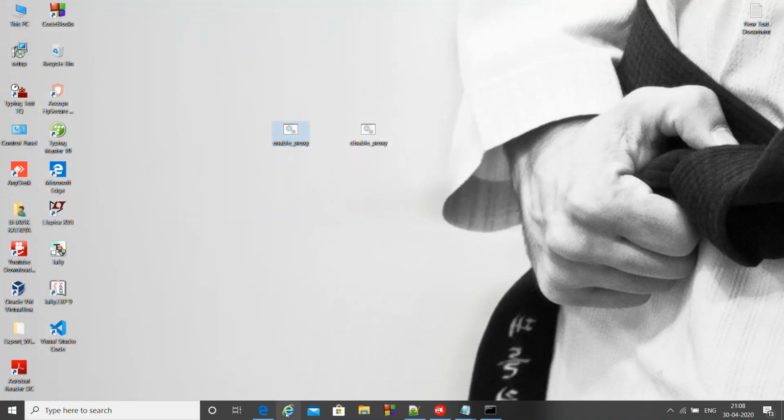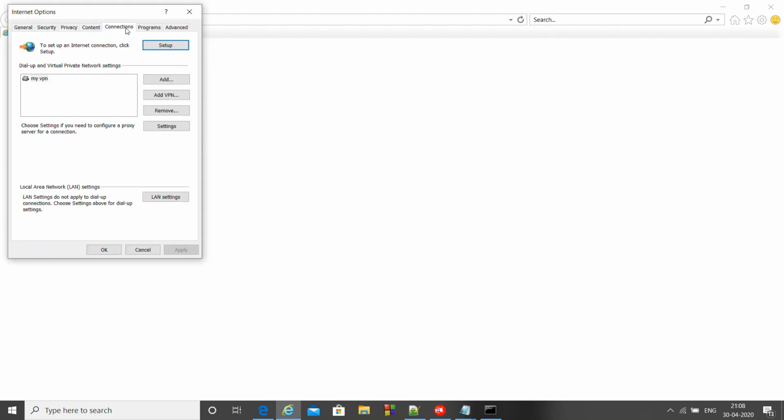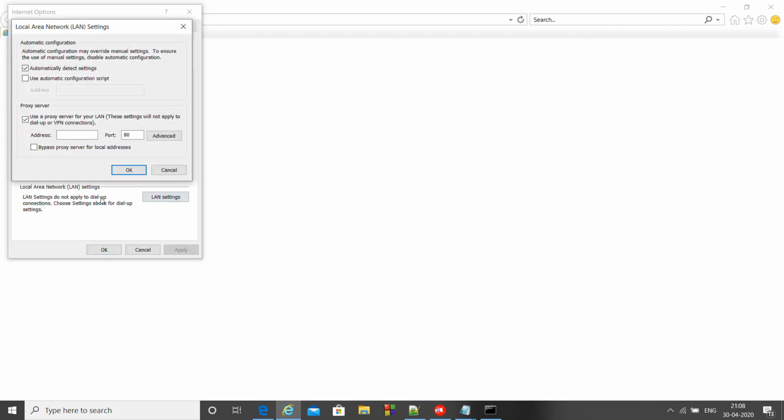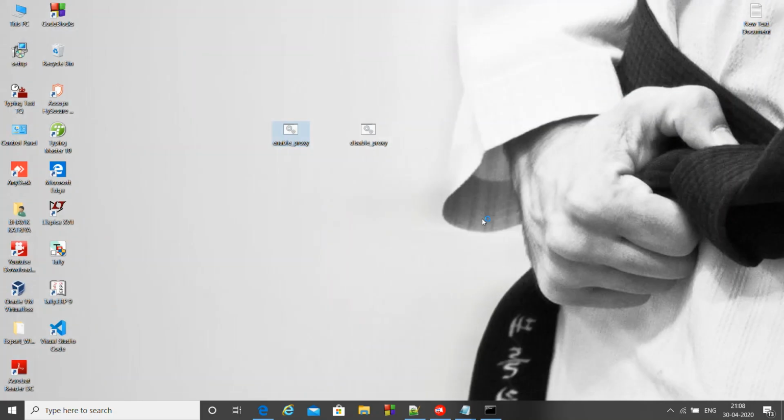We'll also check it in Internet Explorer. We'll go to Internet options, Connections, LAN, and as you can see here, the proxy is enabled. We'll close this. We'll go and see in the registry where we edited.